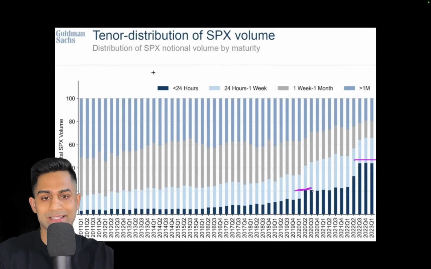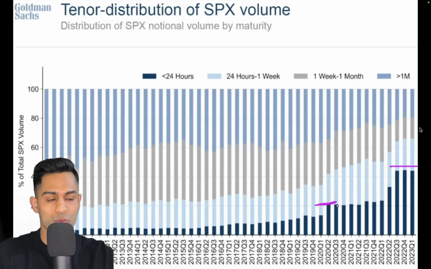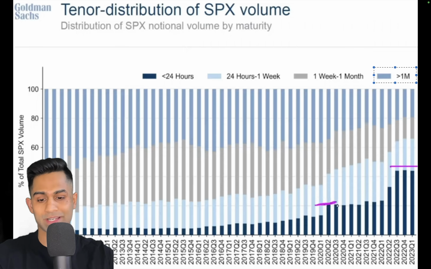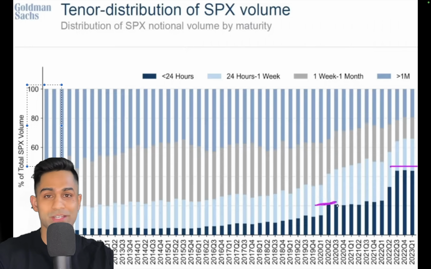This right here is the distribution. So again, distribution of S&P 500 volume by maturity. So options that are expiring in over 1 month has been coming down since 2011. So this is going back as far as 2011. You can see that at one point it made up over 60% of the trading volume and has now diminished